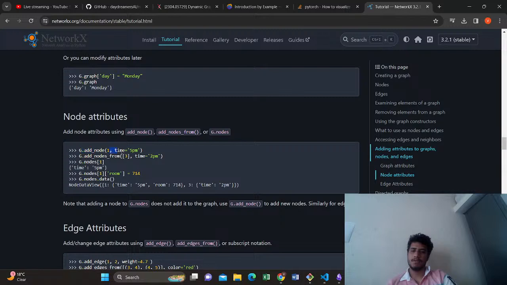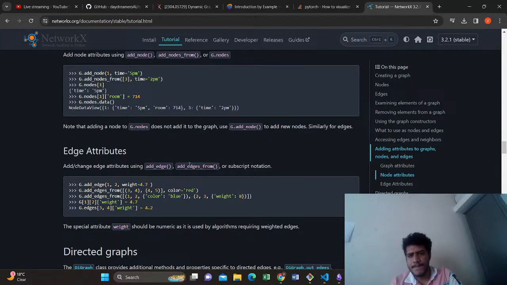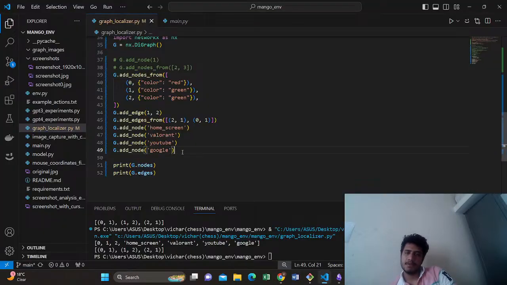Node attributes. Okay, so we just specify the name of the attribute and some value to it. Got it? So let's do it like this. So this can be an attribute of the node itself. So rather than having it like this, let's have a